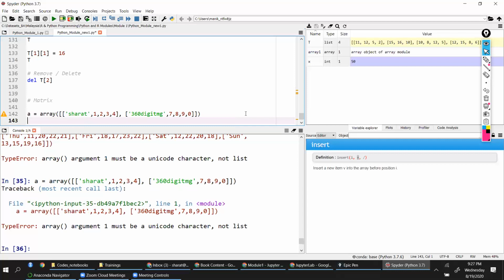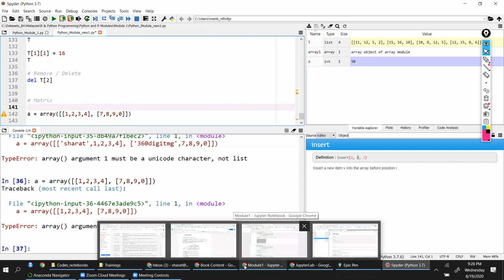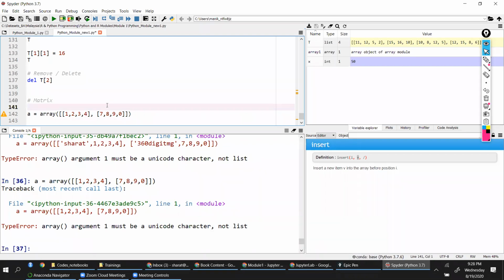Oh, what is the error? Why is this error coming up? Okay, let us remove the characters and deal with this. I think you have to add in that numpy. Not required. NumPy. Sharath, actually, in an array we can only process similar elements, right? We can't process different data types.